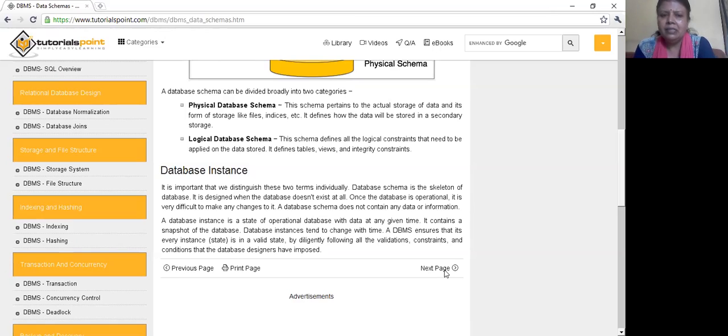A database instance is a state of the operational database with data at any given time. It contains a snapshot of the database. Database instances tend to change with time. A DBMS ensures that every instance is in a valid state by diligently following the validations, constraints, and conditions that the database designers have imposed.